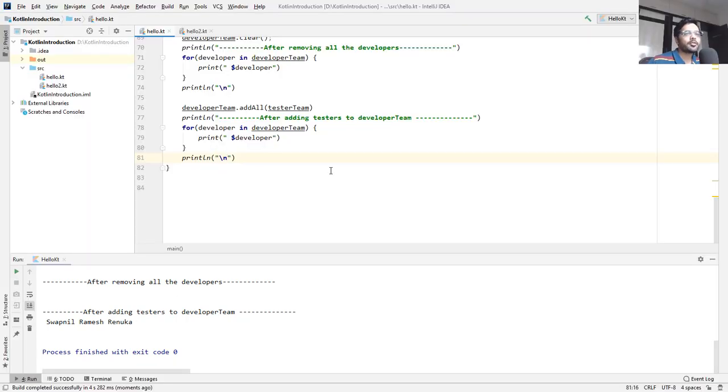Now our friends have been referred for the developer's position and they have cleared the round and so have been selected for development position. So let's do that.